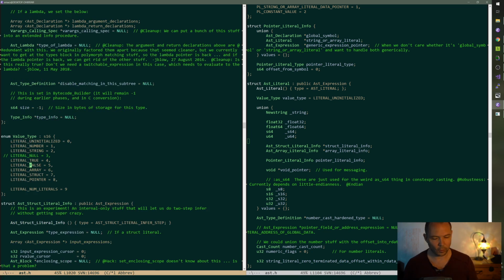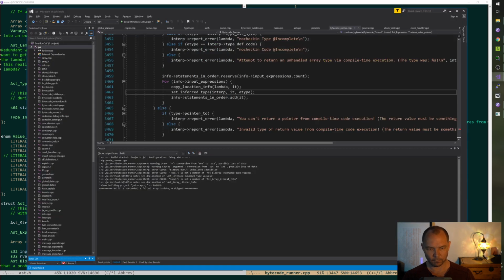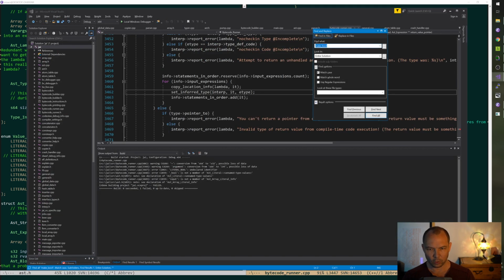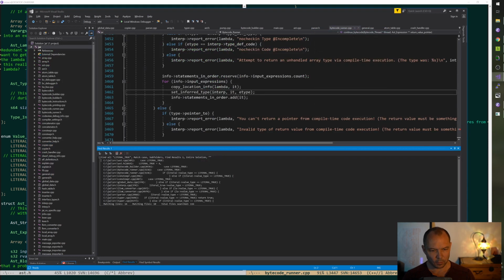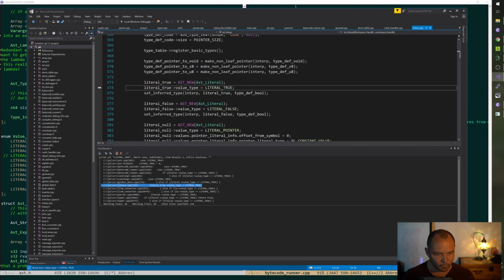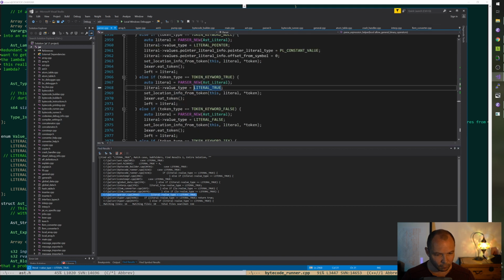Oh, it's literal true or literal false. Oh, you know what? Oh, crap. We don't want to use the literal null. We don't actually want to use these because we're setting location info on them.